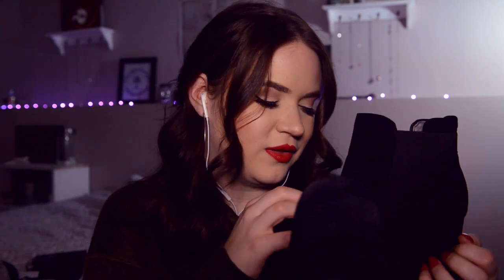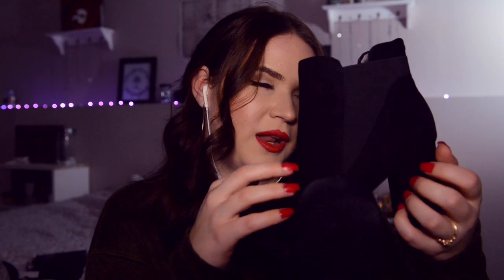There was another pair that was the exact same style as this, but it was a plaid, like a Sherlock plaid, and I loved them. But when I was trying them on, I said to him, these aren't gonna go with anything unless I'm wearing black pants and a white shirt, whereas black goes with everything. But I love the pattern of